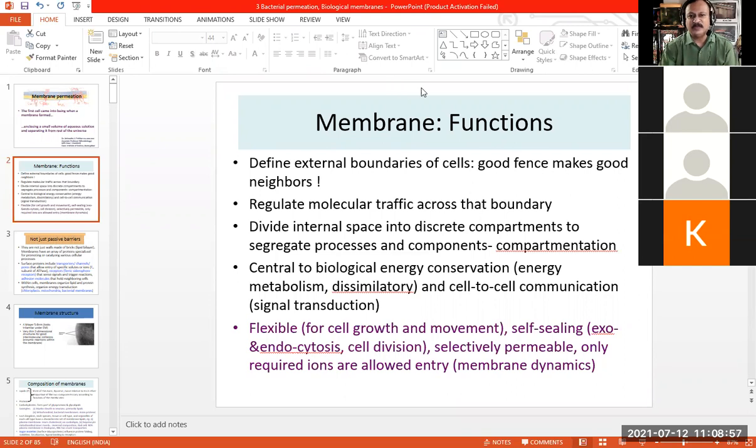So the most important thing is the protection of the cell. They make good boundaries for the cell. But as you all know, a boundary is not just a passive wall. It has to be a dynamic structure. That is to say, different types of molecules will either enter the cell, or certain types of molecules will leave the cell, that is excretion from the cell. So both these things must happen essentially through the membrane, and therefore it is not just a passive wall.